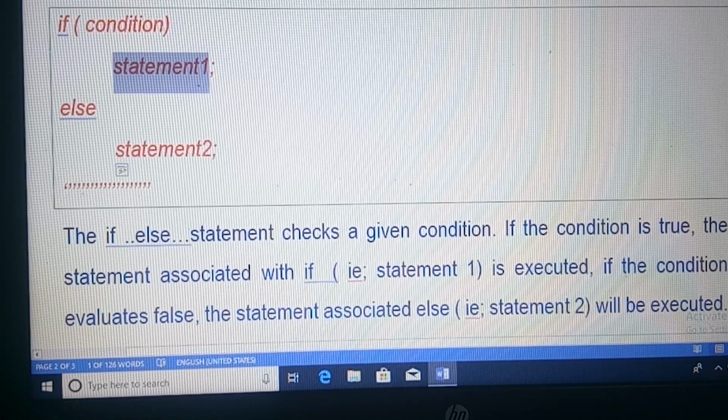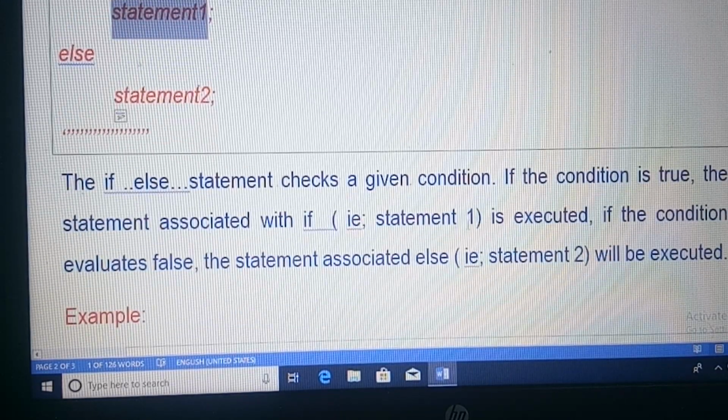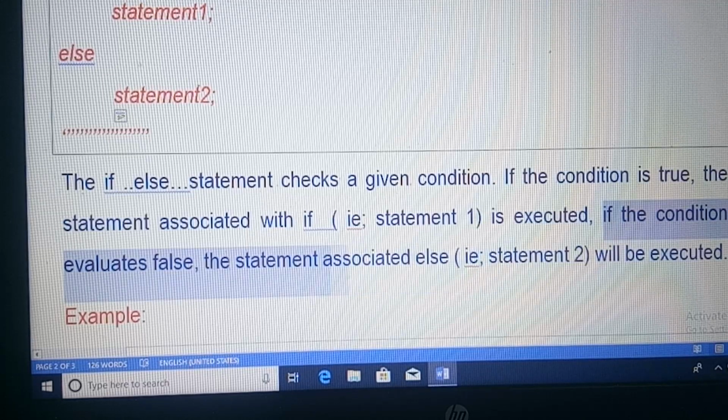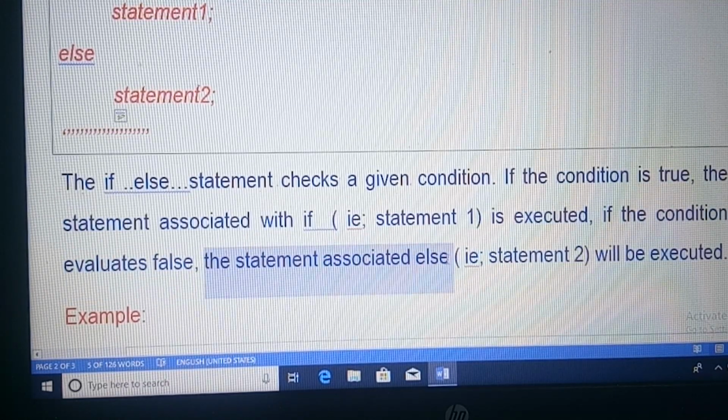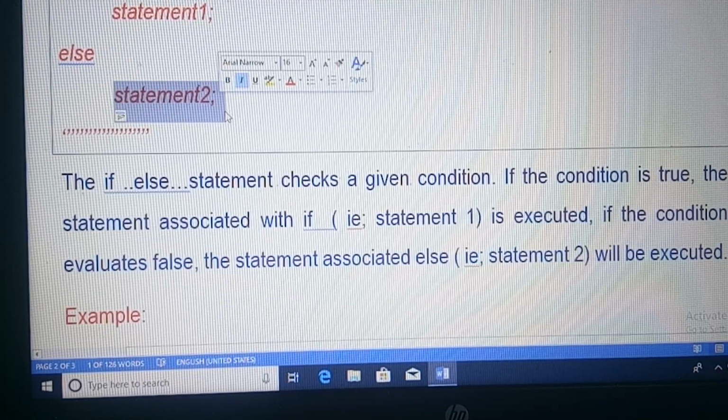As we know, a condition may return either a true or a false value. If the condition evaluates to a false value, the statement associated with else, that is statement 2, will be executed. So this is the working of the if else statement.